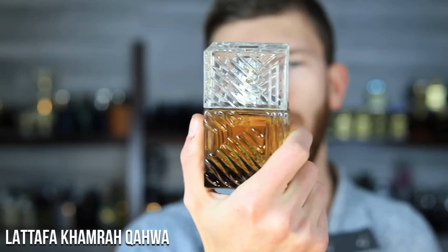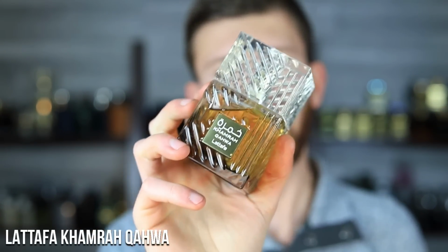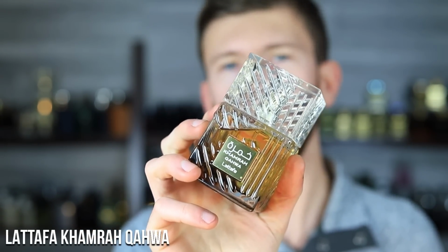Up next, we have a new clone release. This one just came out about a month ago or so, maybe a couple months ago. But immediately it was one where I tried it out and I'm like, yeah, this is good. And also going into it, I knew I was probably really going to like it. It's Kamra Kawa. Okay, so essentially it's this DNA, but with some roasted coffee off the top that